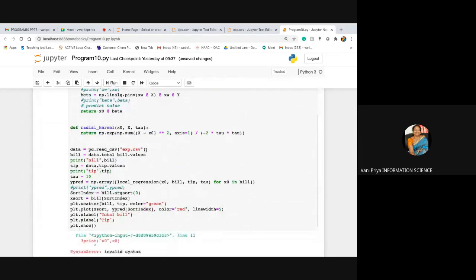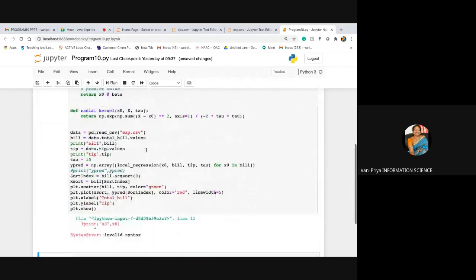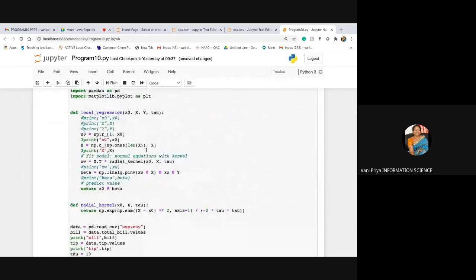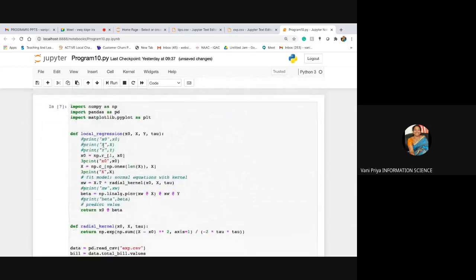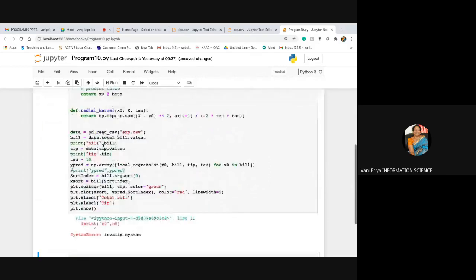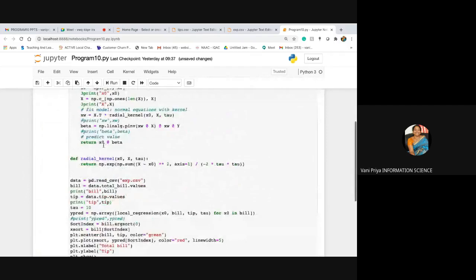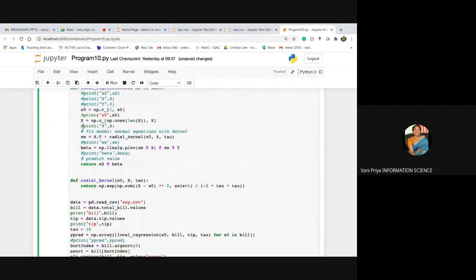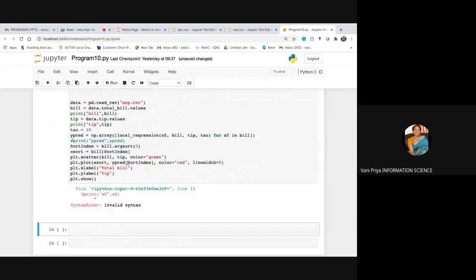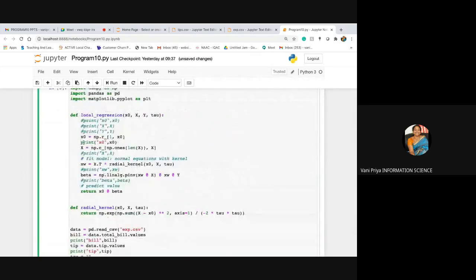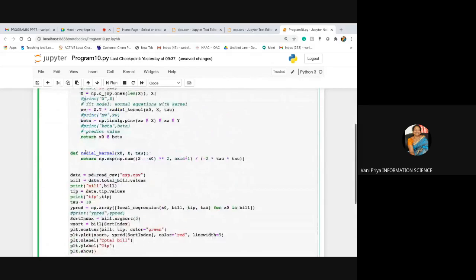Oh, somewhere there is an error at line 11. Line 11, what is that? Print x naught somewhere. This has become 3. Let me see. Again somewhere, here also it is 3. I couldn't print it properly.